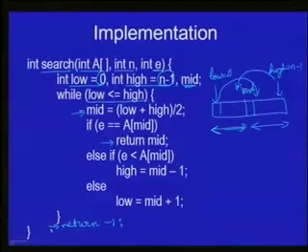So if this loop terminates and we reach this statement, that means we didn't find the element anywhere in the array, because otherwise we would have returned from the function using this return statement. And so if we come out of the loop, then we know that the element E is not in the array, and so we return minus 1. Let's see a couple of examples using animations to see how this algorithm is working.